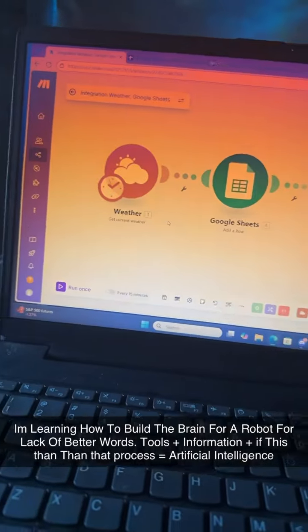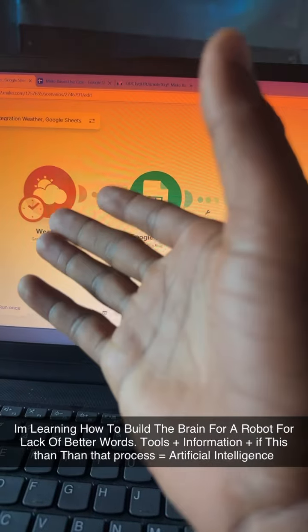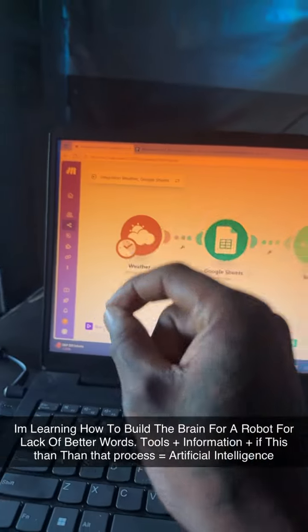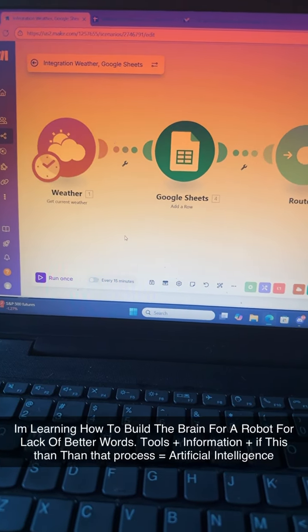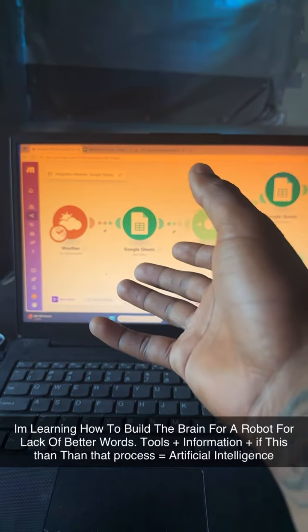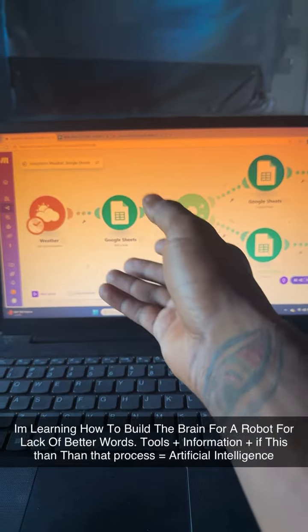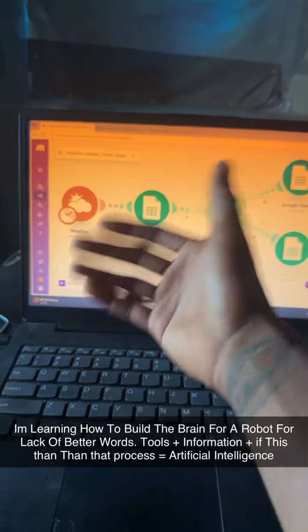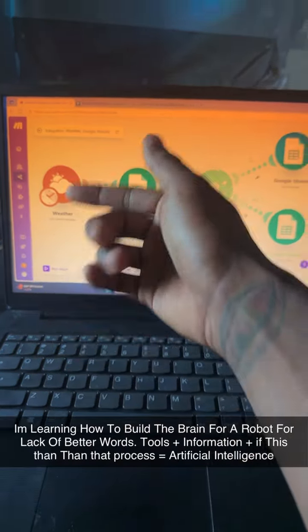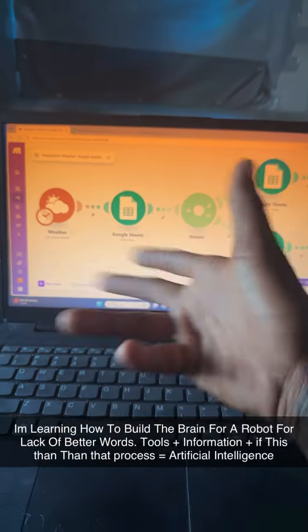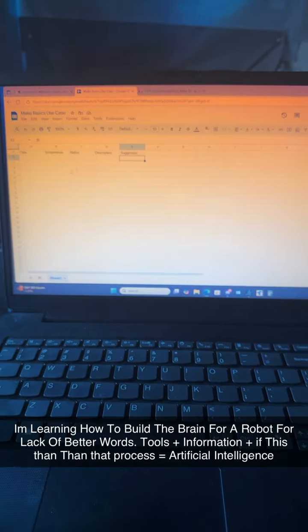But anyway, so now we're on automations. I'm learning how to essentially build an AI ecosystem. With this particular software that I'm using and this course that I'm taking, imagine you're walking into an office and you're seeing a clerk, and his or her job is to take information from the business and put it into a sheet, or they're getting calls and their job is to take what information is on the call from the customer and put it into a Google Sheet and write down information.